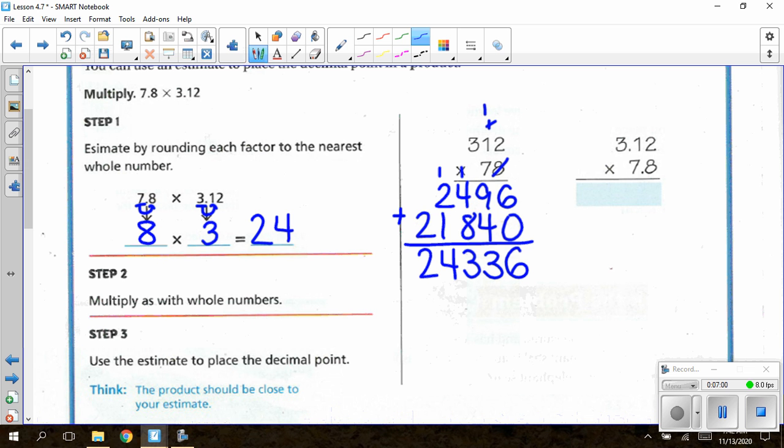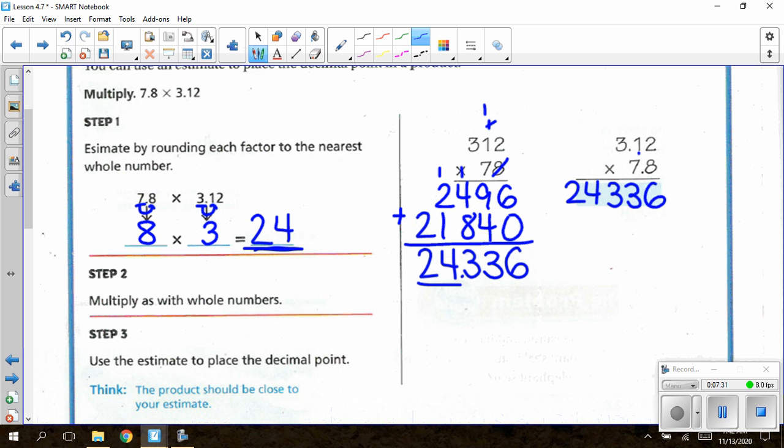So if you recall from our estimate, we said it would be about 24. So this is what they mean. If you would round, you would know that you would have a 2-digit whole number in front of your decimal. So you could either know that you would have that 2-digit whole number and then place your decimal, or what we did in the first problem on the previous page,